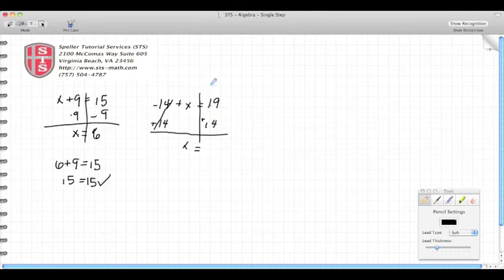So 9 plus 4 is 13. And all those ones add up to 3. So I have x is in fact equal to 33. Now I'll do my check. Negative 14 plus 33 is equal to 19. When I evaluate negative 14 plus 33, I come out with 19, and it does match my right-hand side, which is also 19.